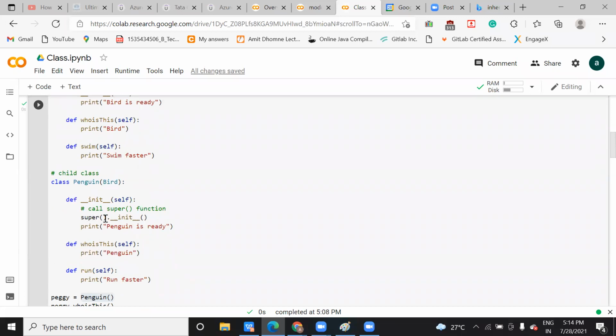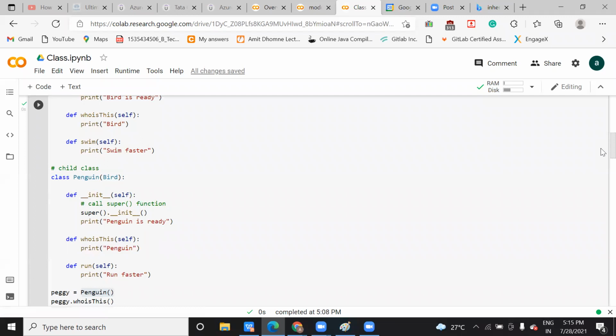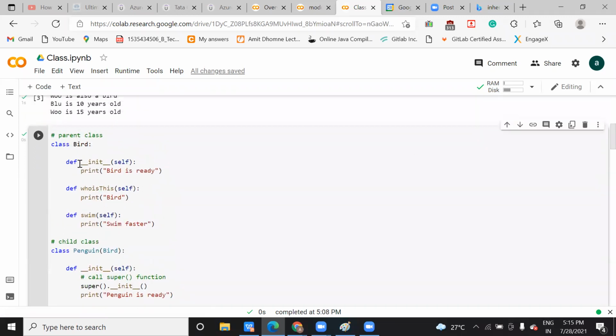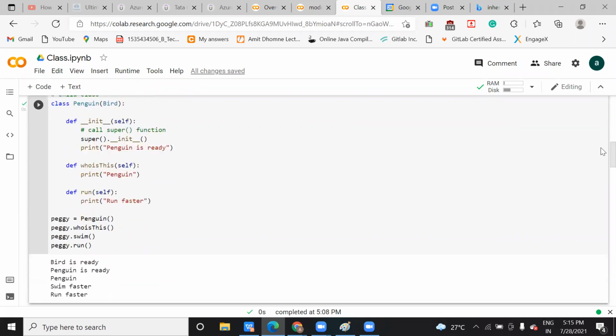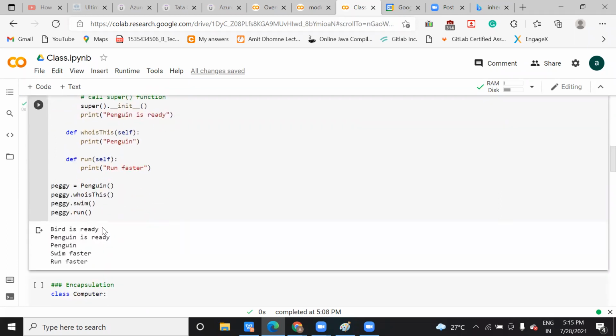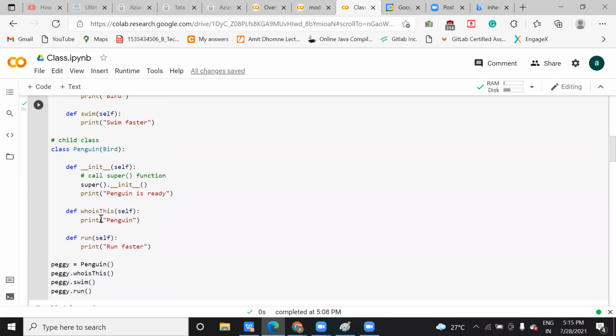So when you call this super dot init function, the flow will go to this function, this one, and it will print this bird is ready. That is the reason it is printing bird is ready first. Now you are calling Peggy dot whoisthis.